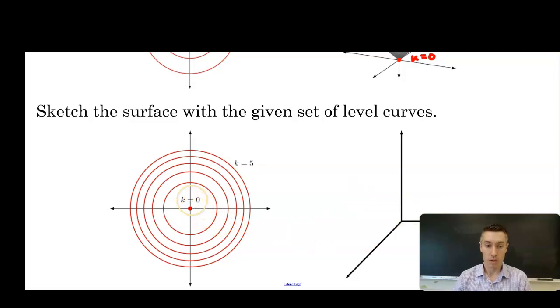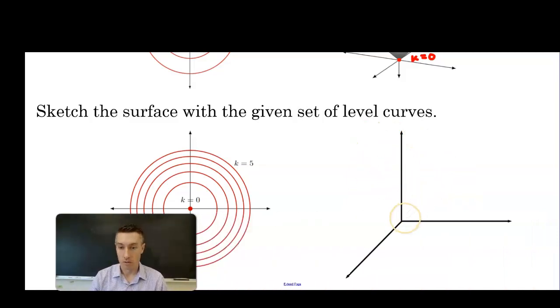So what we can do is start to bring each level curve back up to the appropriate z value. Okay, so 0, and then if I mark out, we have 1, 2, 3, 4, 5. This is your z, your y, your x, just to be thorough. Okay, so we're going to take each level curve. So we have 0. Then at 1, we have a circle